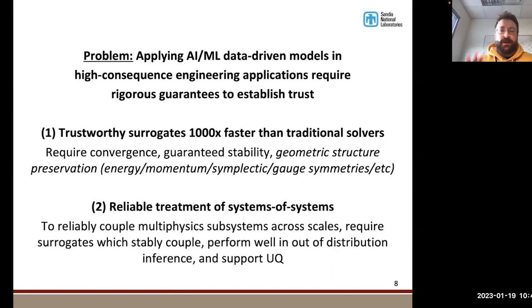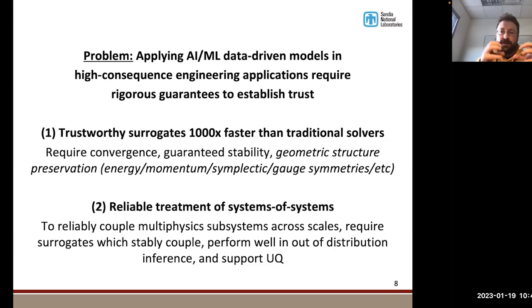So there's a lot of machine learning work that attempts to get that kind of speed up, but what they sacrifice is the guarantees you get along the way from traditional simulation. So we want to be able to guarantee accuracy, stability, and maybe most importantly from my perspective, physical structure preservation. So you want it to be energy momentum conserving, and maybe fancier physical abstractions for what you mean by that. And so once we have these kind of building blocks